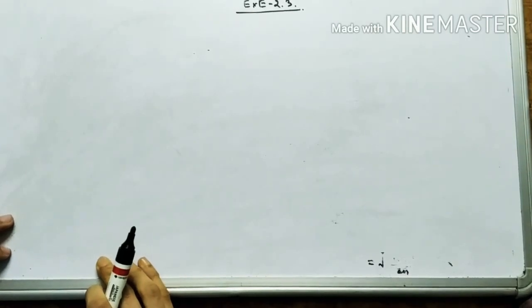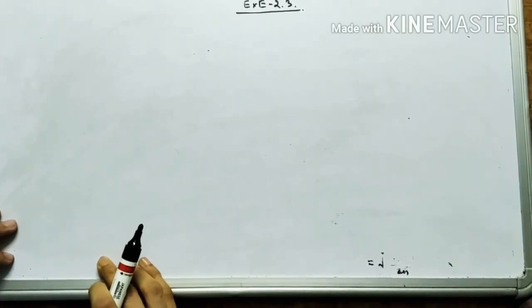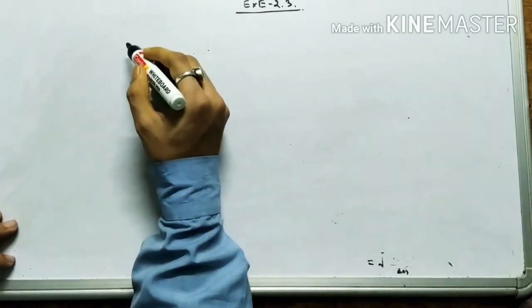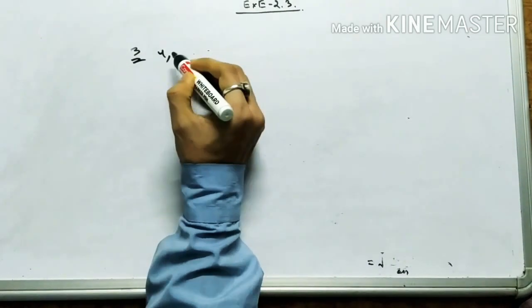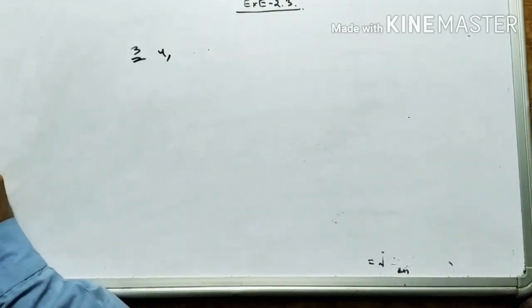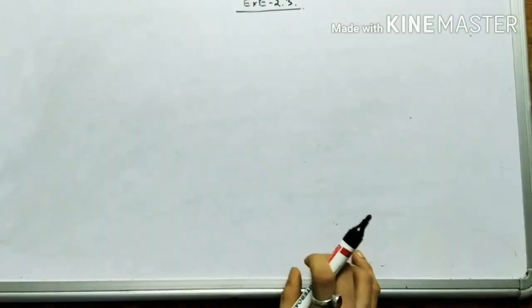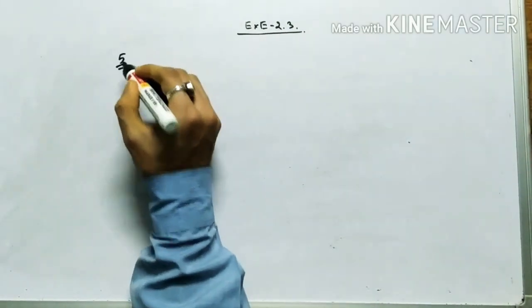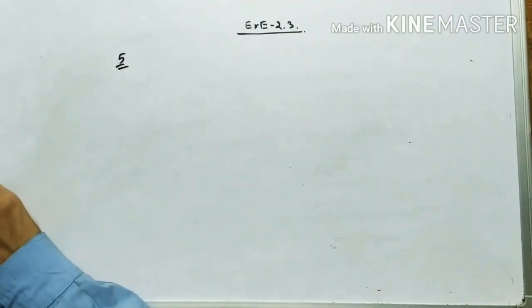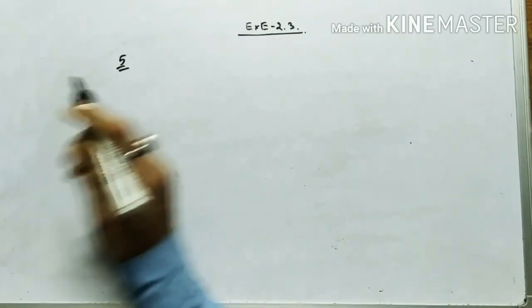Next, by using the Argand diagram, show that the points which represent the numbers are concyclic. Okay, so find the radius of this circle. Type 3 and 4. In the earlier video it was given very clearly, please check it. Here nothing there. 3 and 4, nothing there. Therefore I am going to type 5.